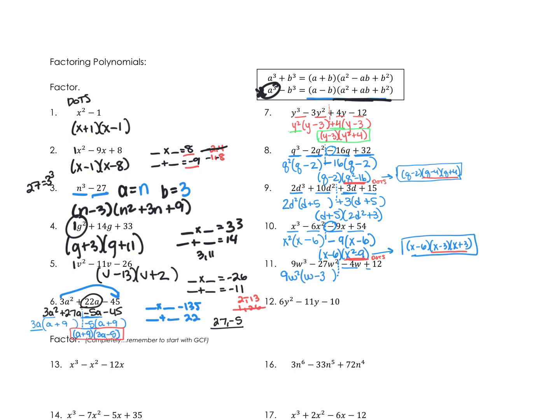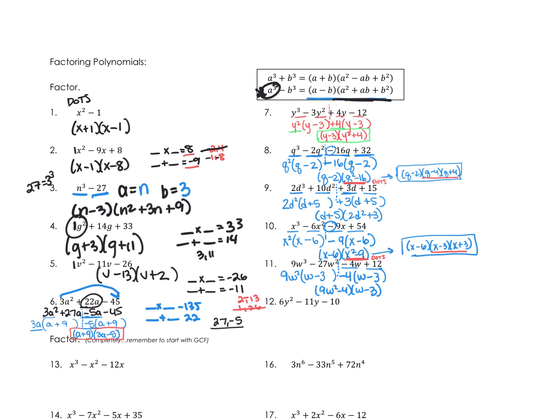On the right-hand side, we have 4 and 12. 4 is a factor of both 4 and 12. We're going to pull that negative out that's in front with the 4. And so we'll have just a w left in the first term, but when we do 12 divided by negative 4, when we factor out that negative 4, we'll be left with a minus 3, which is good because it matches that w minus 3 over there. So then we'll have 9w squared minus 4 times w minus 3,